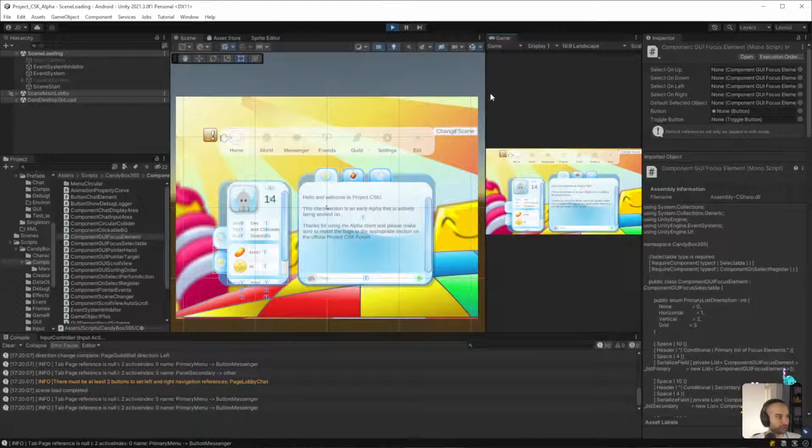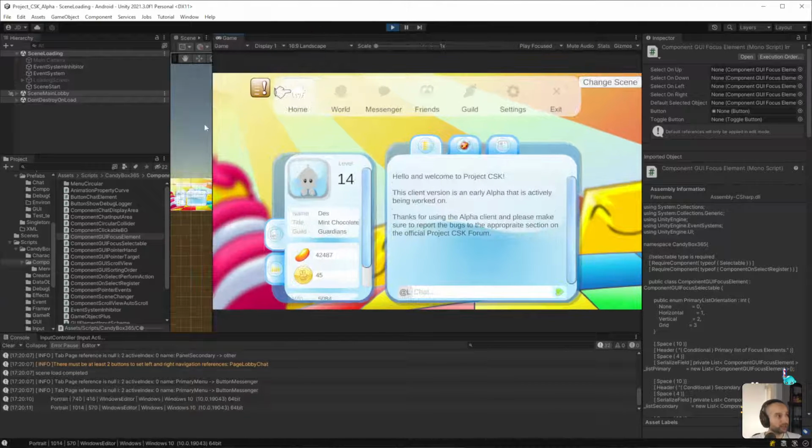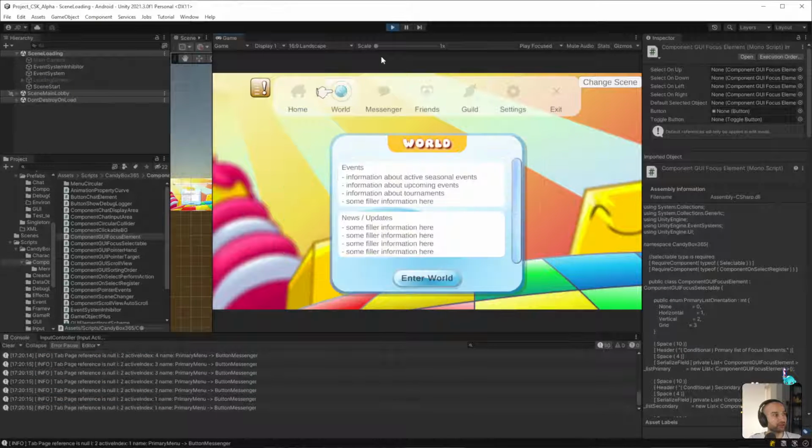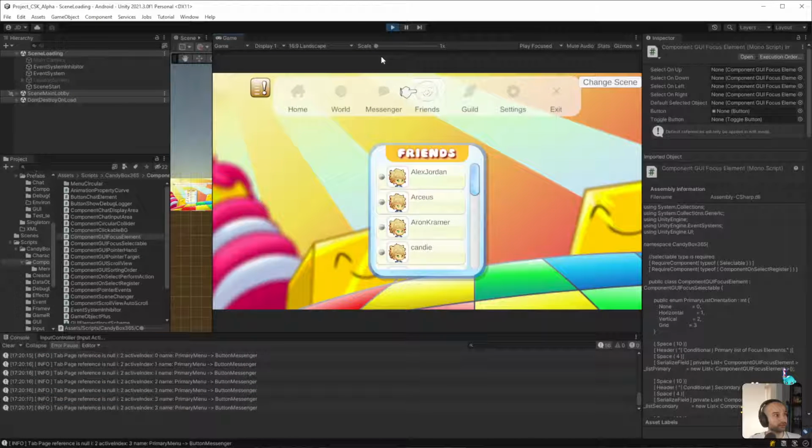But from this point on, we'll use this screen. I can navigate with the arrows, and it works very well. If we go into the friends list, you can see that this works really well. I don't have any friends that are online right now, but if a friend was to come online, for example, oh, sorry, one sec.